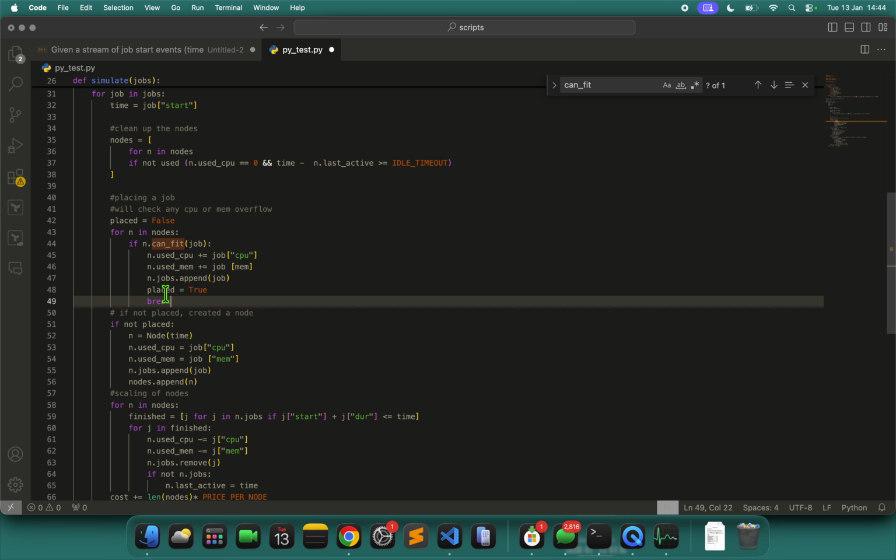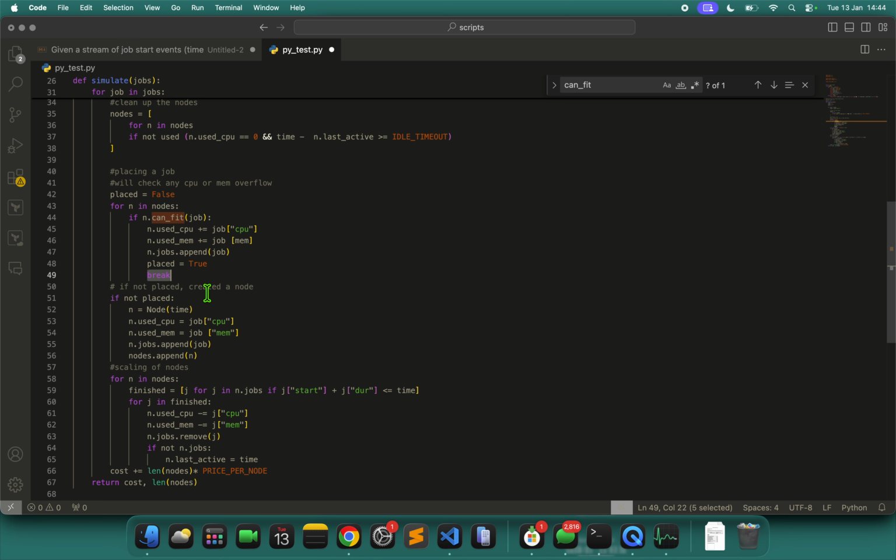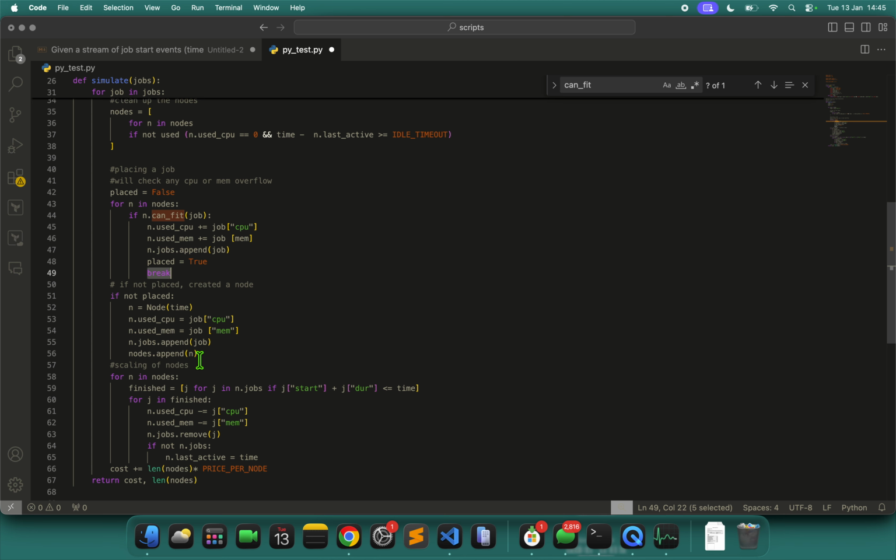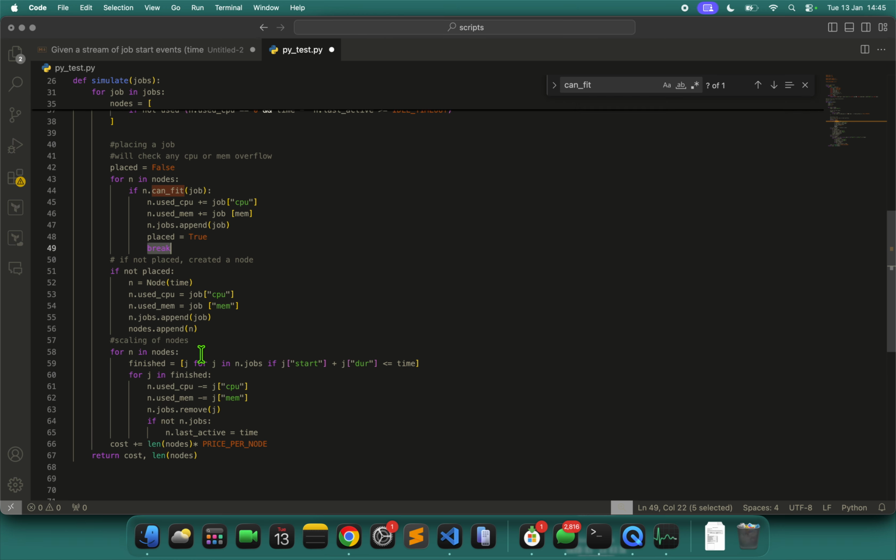If this node does not have sufficient capacity, I break the statement and it creates a new node. Again we check the time for the last idle time against the nodes. Then we place the job on a new node, so the new job that was not placed on my earlier node is placed on a newly created node.